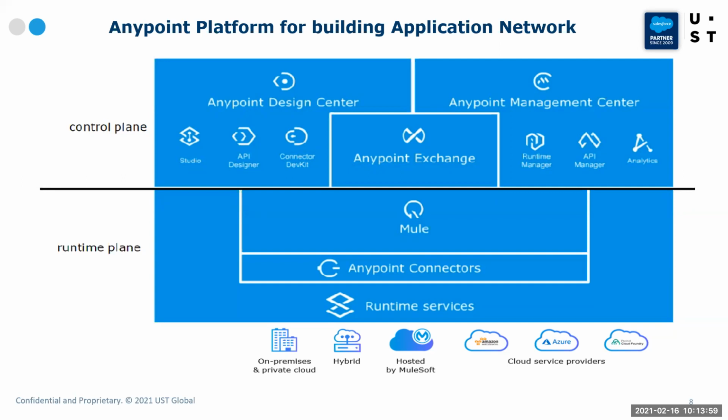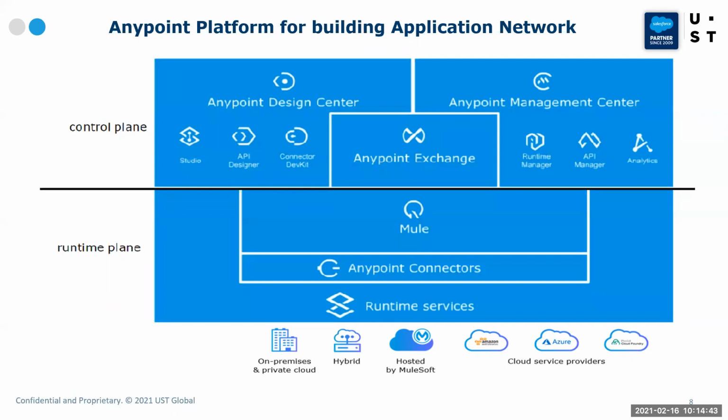And we have Anypoint Management Center, where we can manage all our APIs that are being deployed onto Runtime Manager. And we have API Manager, wherein you can manage and define the policies for your APIs, similar to what we have in Salesforce, like governor limits. So if you have developed any APIs, we can attach SLA policies for rate limiting, saying that, okay, I should limit only this many number of API calls for any consumer. Those sorts of things we can define in API Manager. And we have an analytics tool to monitor how my APIs are performing, what the request and response times are. All those analytics can be viewed using analytics.